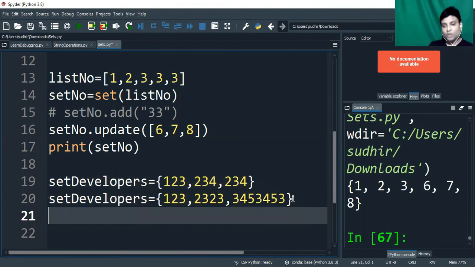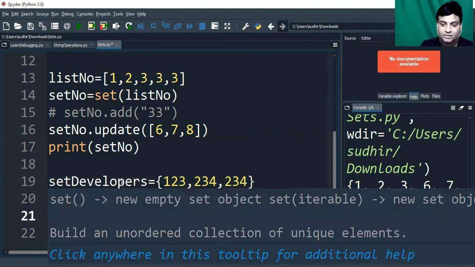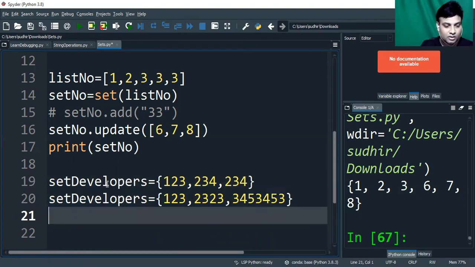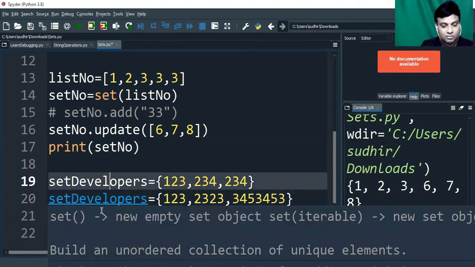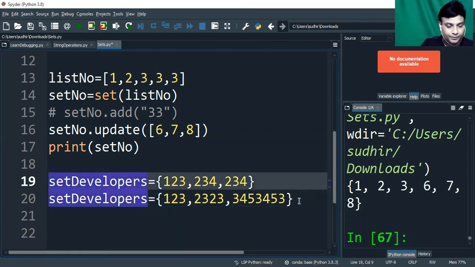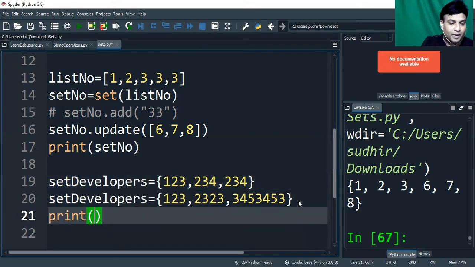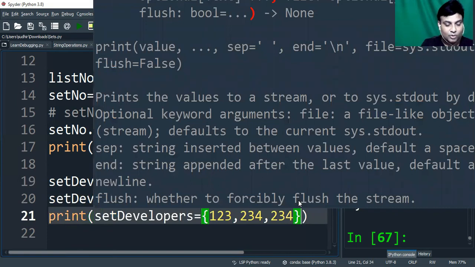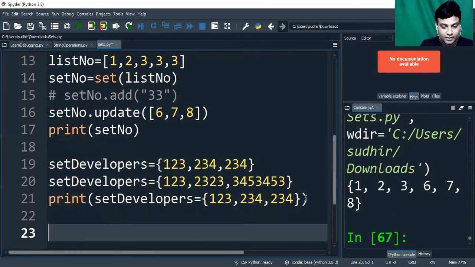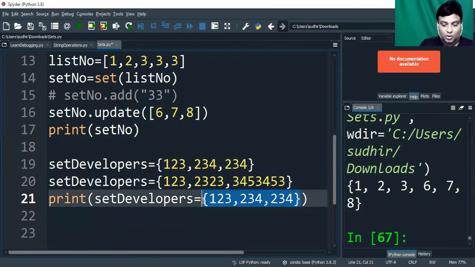What are we going to do? I'm going to join. The first operation is join. How can we join? This is the first set, so let's print this. I don't want to copy the whole list, I'll simply do this. And for joining, I can use this OR operator, the pipe, with the other set.